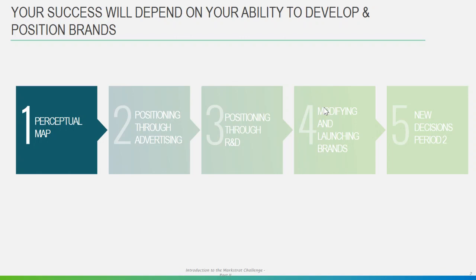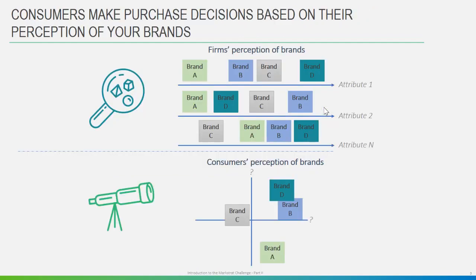Okay, so we're going to talk about some of the major activities that you'll be doing, some things that there could be a little bit of confusion about. The first one is something we call a perceptual map. We as consumers make lots of purchase decisions based on perceptions of brands. We have perceptions of different attributes, and we use those to form opinions and,